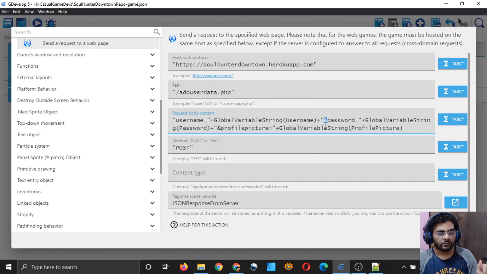This sign is used to separate two variables from each other. So you have to write it like this: variable name equal to, without spaces, and then your value, whichever it is, without spaces, and then if you want to write another variable, you have to write ampersand and then write the next variable. So that's how you can do it.